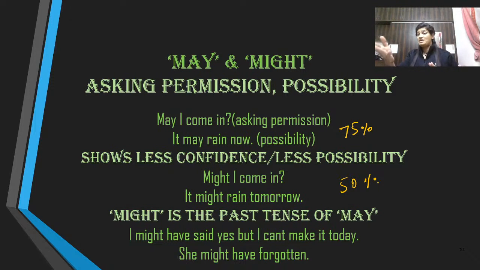For example, I may attend the party. Now, Anisha has sent me a statement, and when she says I may attend the party, that means the chances of her attending the party are high. Supposing if she says I might attend the party, that means that she is not confident. She's like, I'm kind of thinking not to attend. Let's see, I might if I'm in a mood, something like that. But